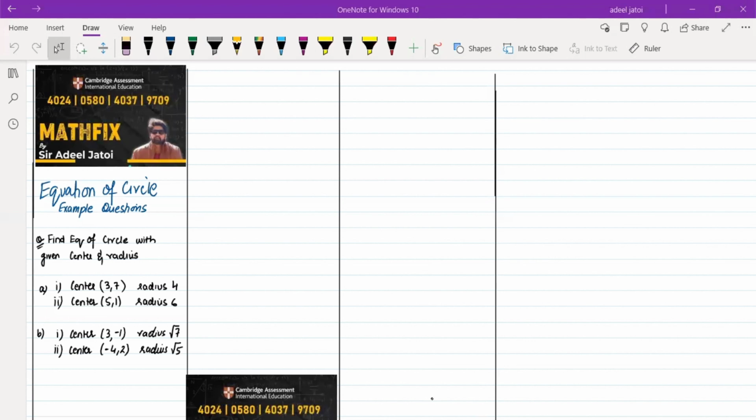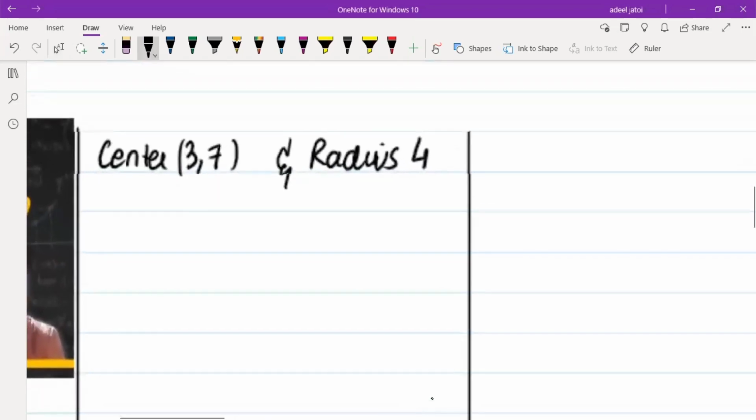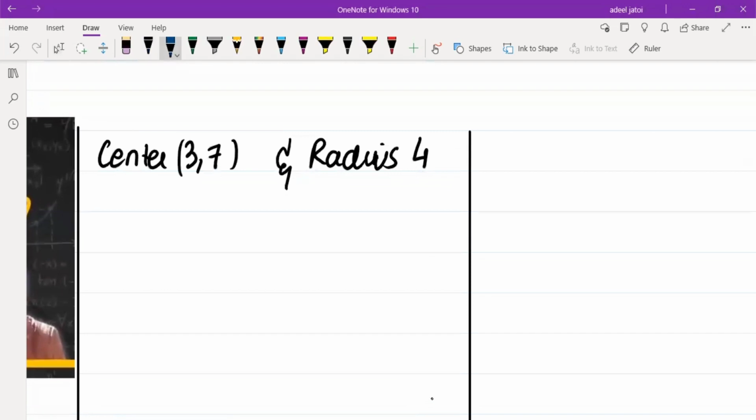Okay, the equation of circle example questions. Find the equation of circle with given center and radius. Part A1: your center is 3, 7 and radius is 4. Now, with this, you need to understand your normal standard form